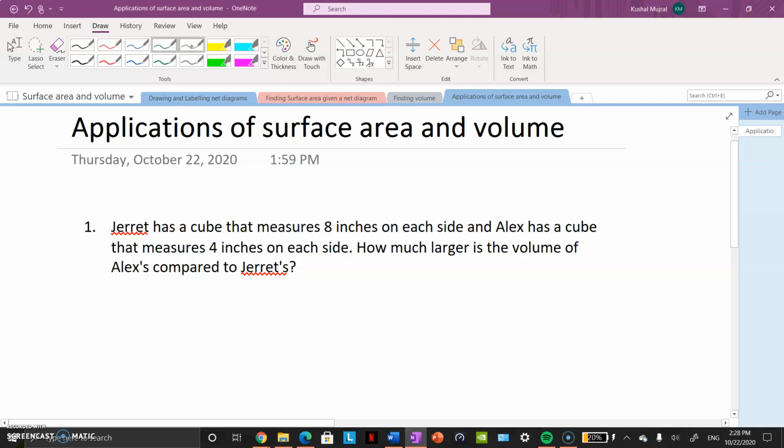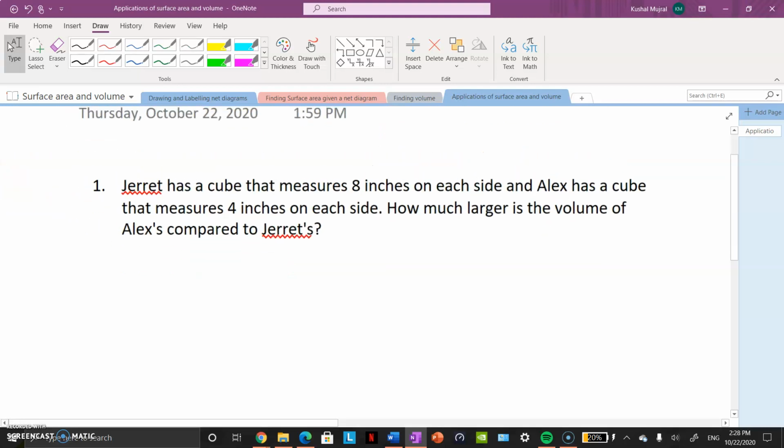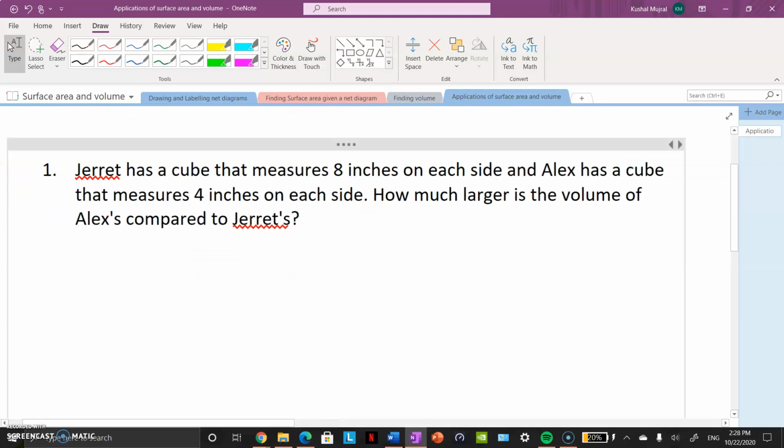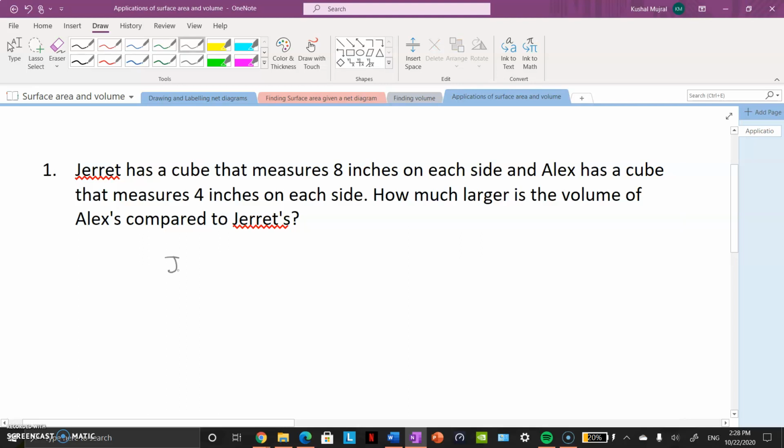Welcome to Applications of Surface Area and Volume. Let's take a look at this question over here. Jarrett has a cube that measures 8 inches on each side, so let's write Jarrett's cube is